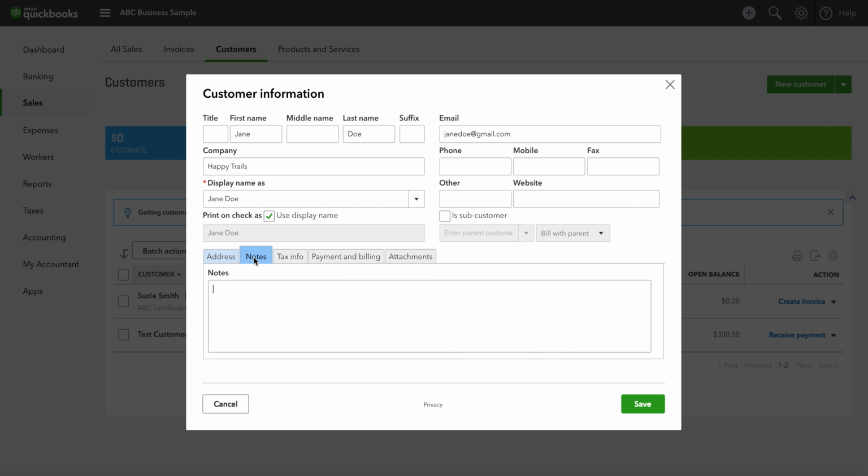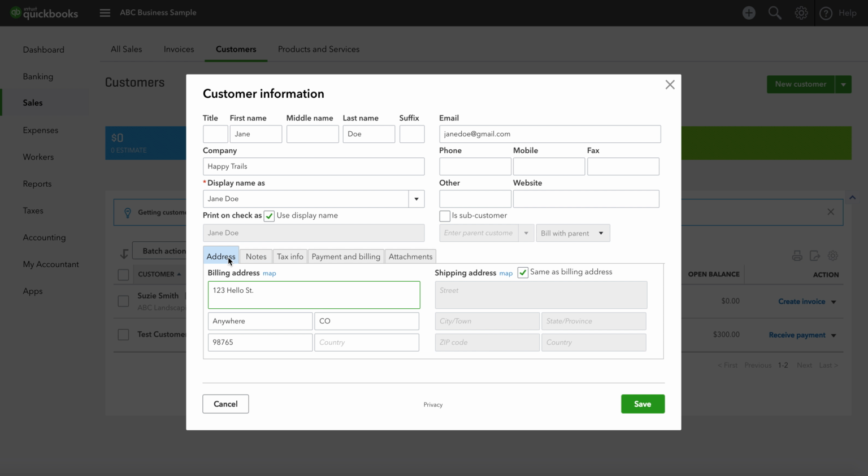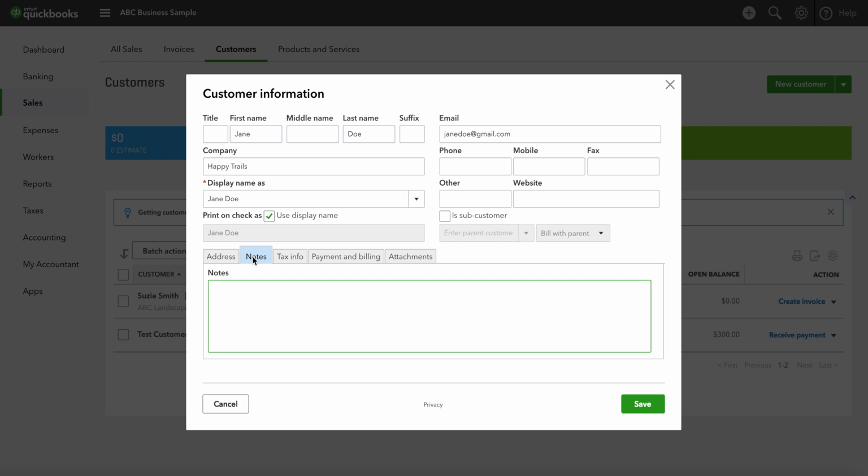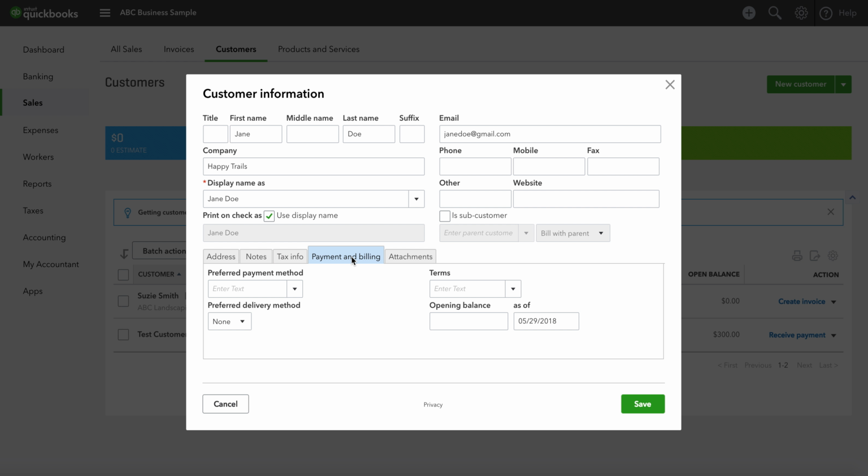Let's go back over here to this section where it says address. We're going to go to the notes. This is just a general place to keep some notes regarding this client for yourself. Tax information, if they are an exempt business, then you want to put the exempt details in here so that they are on file. Payment and billing, this is where you can set up the payment and billing methods, but